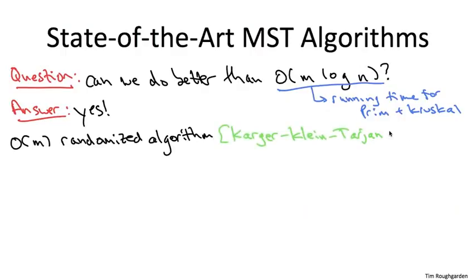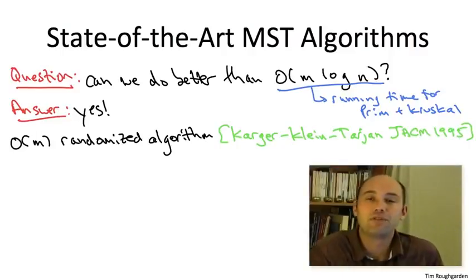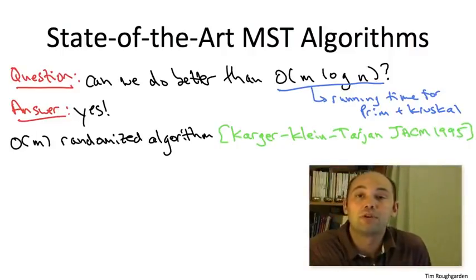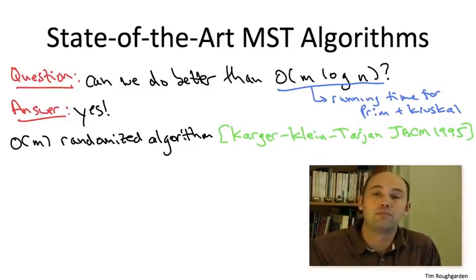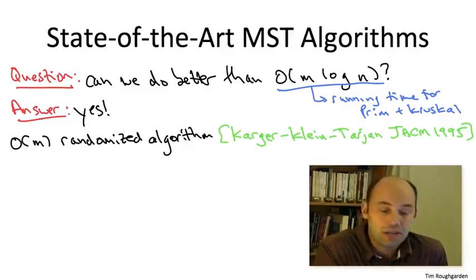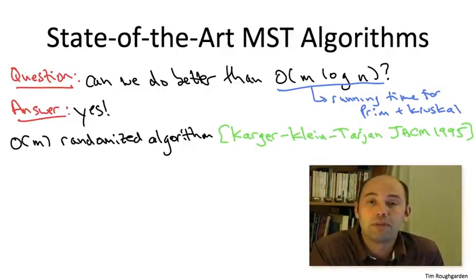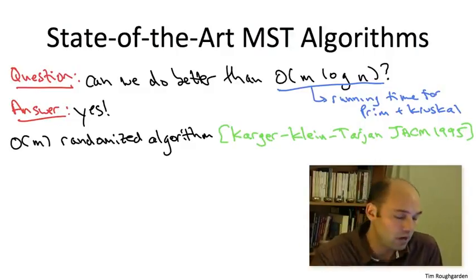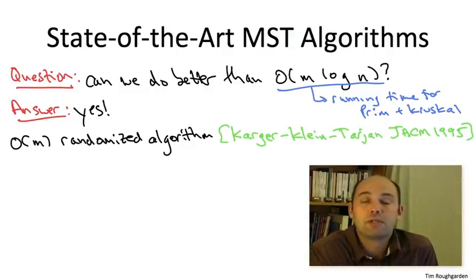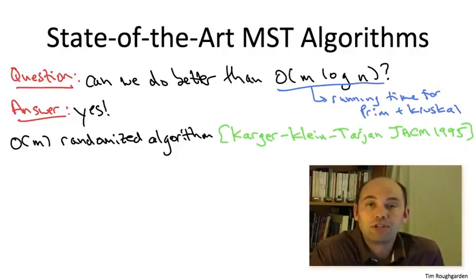This algorithm is much, much newer than Prim and Kruskal's algorithm, as you might expect. It does date back to the 20th century, but definitely the latter stages of last century. So the names of a couple of the inventors of this algorithm will already be familiar to those of you that paid close attention in part one. So the Karger here is the same as the author of the randomized min-cut algorithm we studied in part one. Tarjan's name is coming up a couple times in these courses, but for example, when we discuss strongly connected component